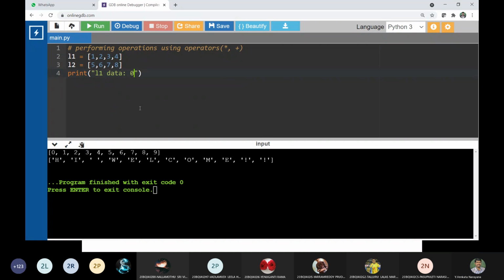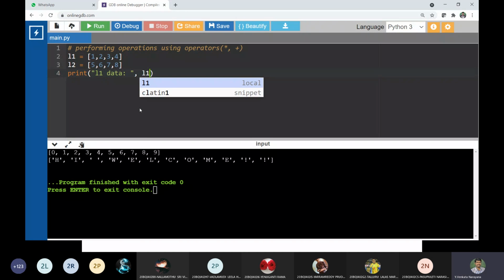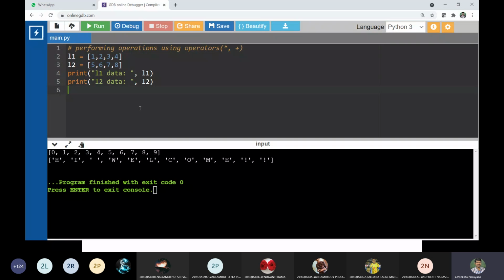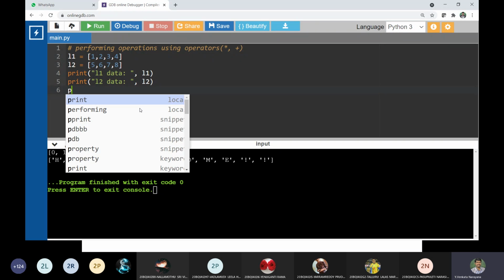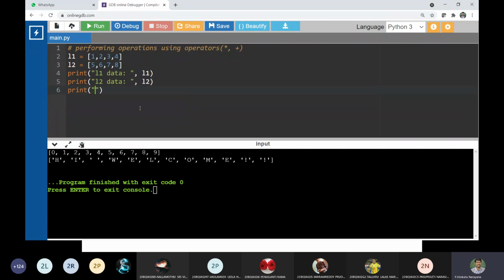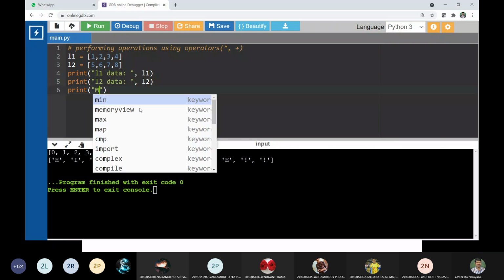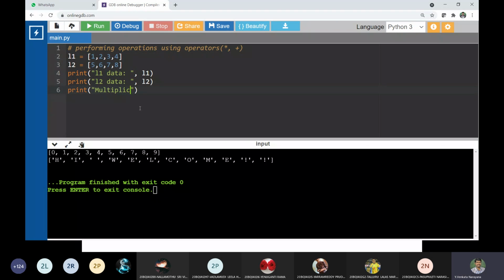Let us print those lists before doing any operations. L1 data is equal to L1. In a similar way, I would like to print L2 data. Now we go for the multiplication operator usage.